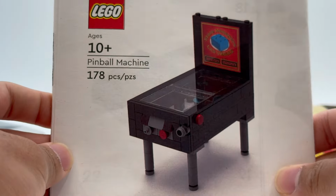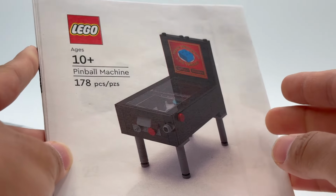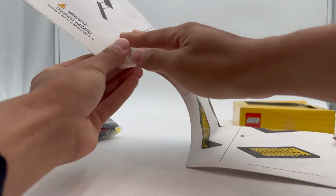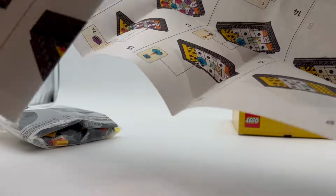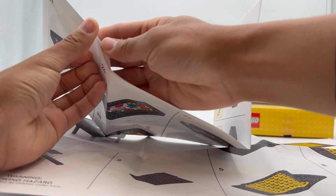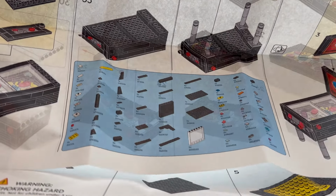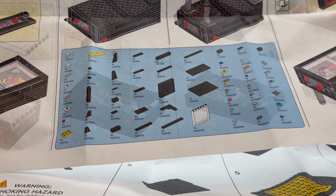Here we have the pinball machine. Obviously, it does say 2023 on it, making me believe that this is the 2023 store manager gift. And this whole thing just folds open to show the instructions. So this kind of is just a very large piece of... Whoa, that's weird. It's not even like attached. It's two different pieces of paper here. Super bizarre. Obviously, no exclusive parts other than the sticker that says Store Managers Las Vegas 2023, and there is